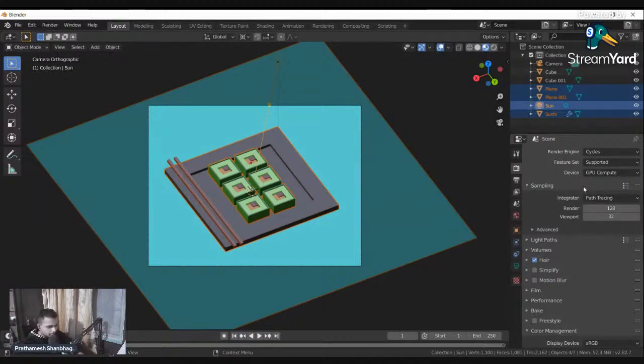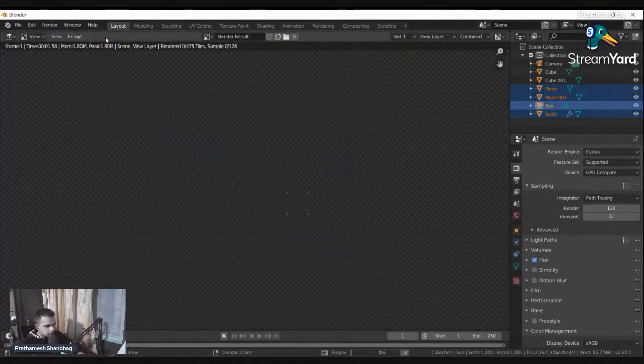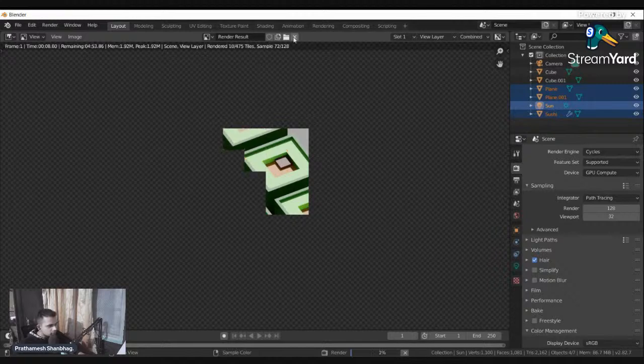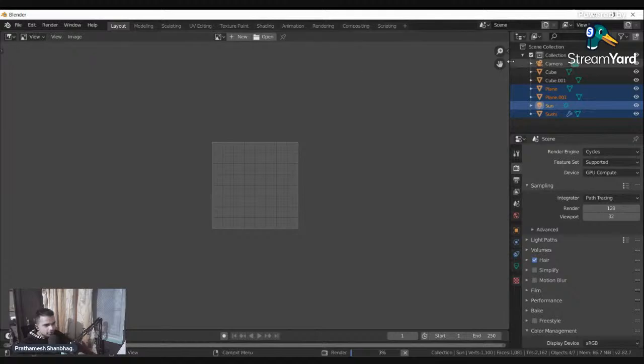And that's about it. You are going to then go to this option which is called render. Click on render, and you can click on render image. If you click on render image, the scene will start rendering as you can see here. But I am obviously not going to render it because it's showing a lot of time to render. So I'm going to stop it and just directly show you what the finished product looks like.